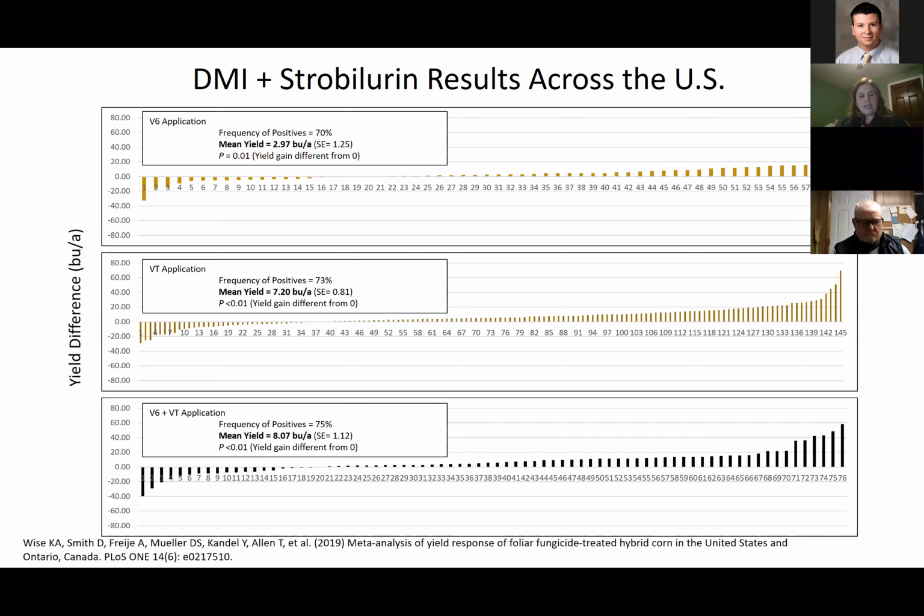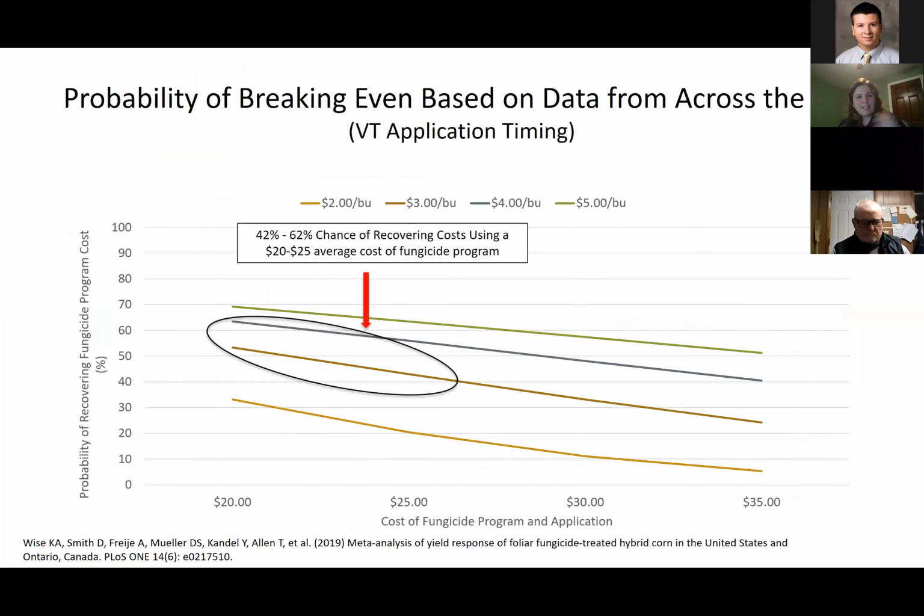So again, if you added the cost of having 2 applications of fungicide out there, it's probably not getting you that return on investment versus 1 good well-timed VT application in the middle of the season. If we look at that breaking even across the United States, here's looking at the different values of corn. So $2 to $3, $4, and $5 bushel corn. You can see that if our fungicides on average are $20 to $25 an acre, we get a return on